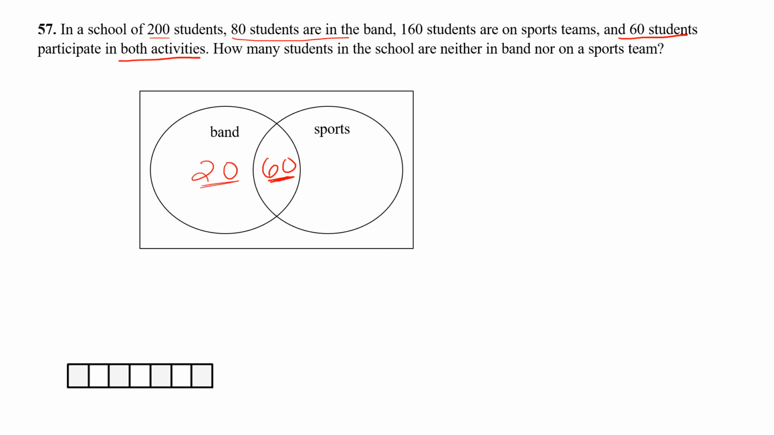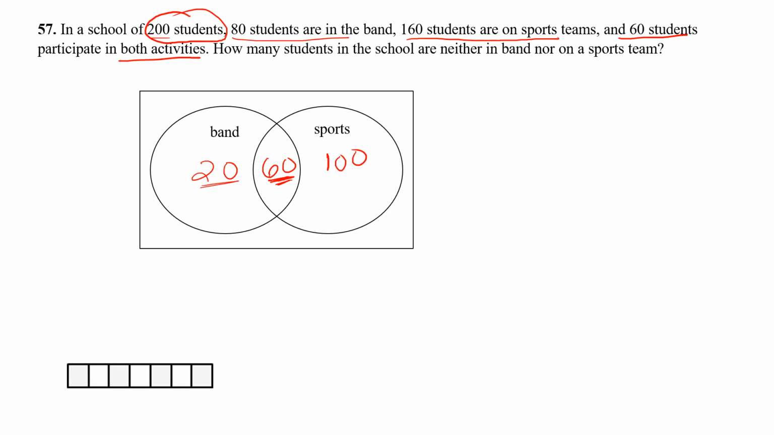And then it says 160 students are on sports teams. So if we already have 60 in the middle here, that would just make another 100 students that are on sports teams. So 60 plus 100 is 160, and 60 plus 20 will give us the 80 for the band students. So a total of 200 students